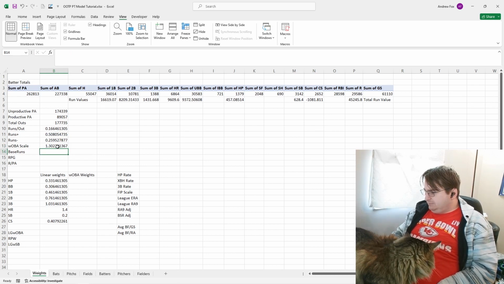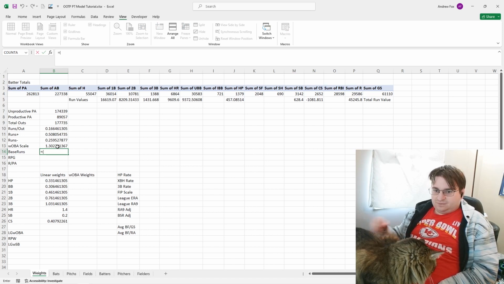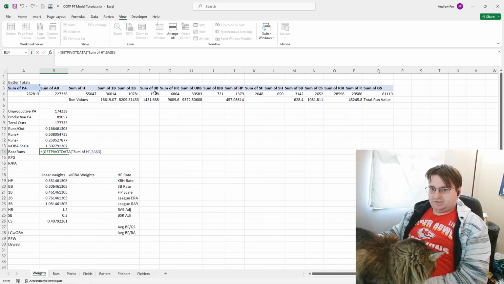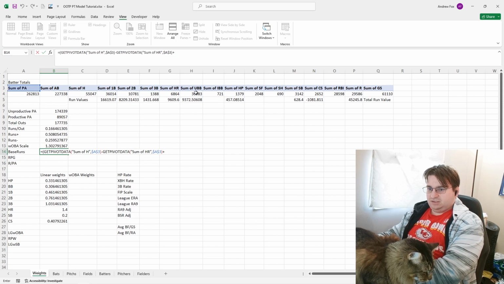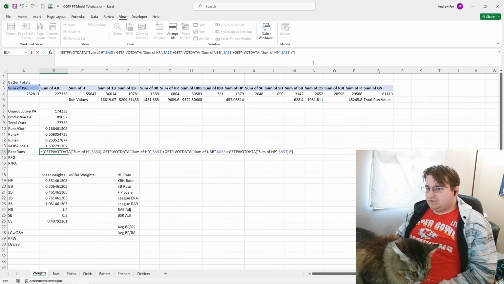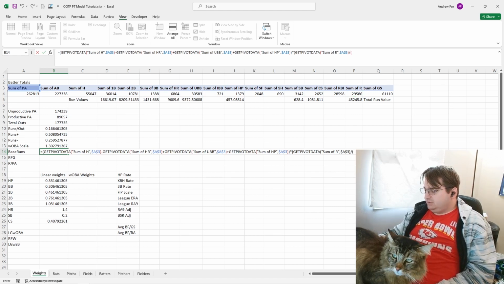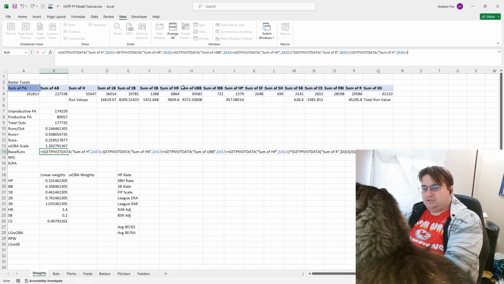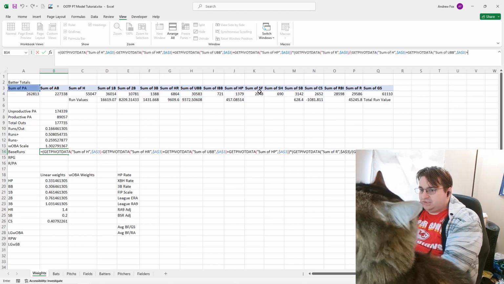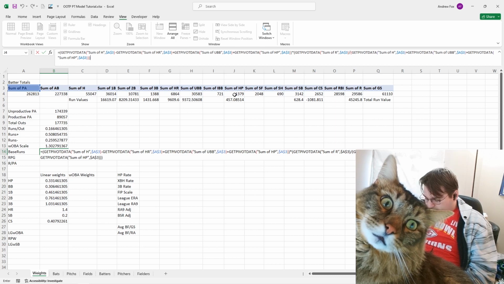Next up, we're going to calculate the base run number. So that is hits minus home runs plus unintentional walks plus hit by pitches, all that is in parentheses, by the way, times runs divided by another set of parentheses around runs, and then divided by another set of parentheses for that denominator. That is hits plus unintentional walks plus hit by pitches, and then close two sets of parentheses, plus